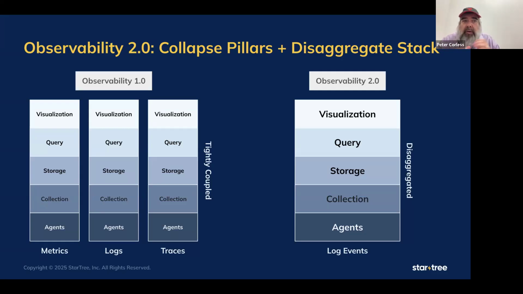Now, what people are saying is, is there a way to throw a tent over this and call it a circus? Is there some way that we can create order out of the chaos of all the telemetry we're managing? Is there some way that the agents can collect all of the data, that we can store the data commonly, query it commonly and visualize it commonly? And so, yes, for instance, with Prometheus, Grafana Loki, and Grafana Tempo, you can use the Grafana dashboard across all of them for observability. So visualization, I think a lot of people have figured, there are ways of normalizing that. But how about the stack underneath it?